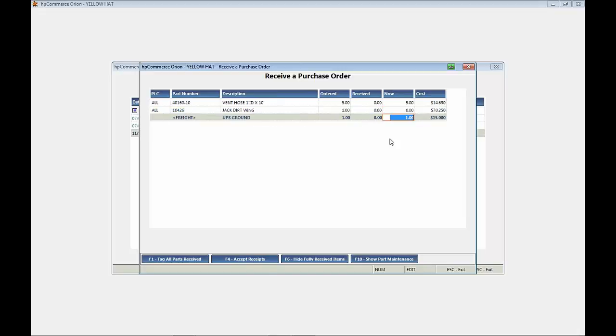In this case, I'm going to say that we did not receive the jack dirt wing because they were looking and waiting for me to approve the change in cost. I've updated the cost on the item, and I'm going to contact them and tell them to go ahead and ship that. Once you've specified every item that you've received and you've made any kind of adjustments, you can then